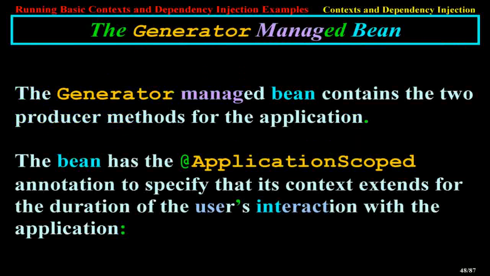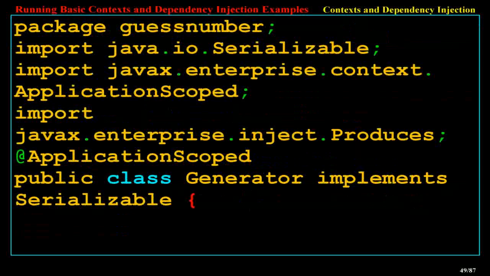The Generator managed bean. The Generator managed bean contains the two producer methods for the application. The bean has the @ApplicationScoped annotation to specify that its context extends for the duration of the user's interaction with the application. package guessnumber; import java.io.Serializable; import javax.enterprise.context.ApplicationScoped; import javax.enterprise.inject.Produces; @ApplicationScoped public class Generator implements Serializable {